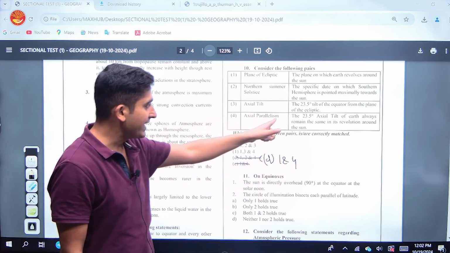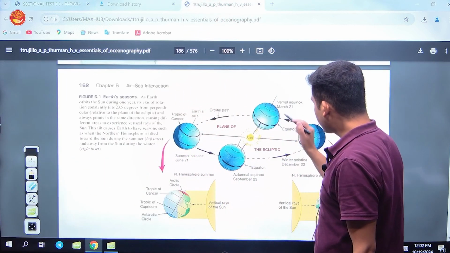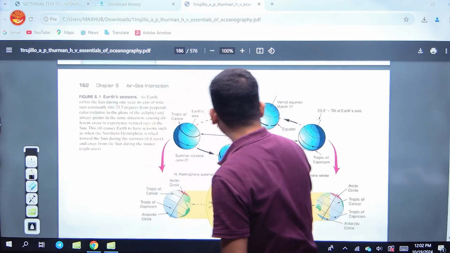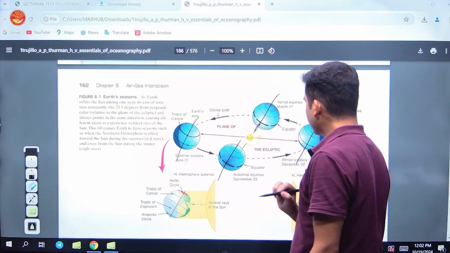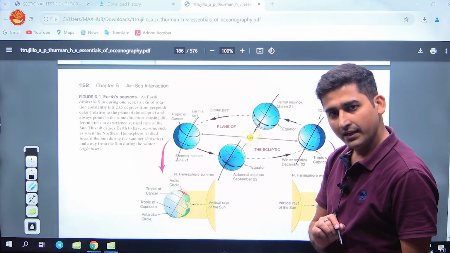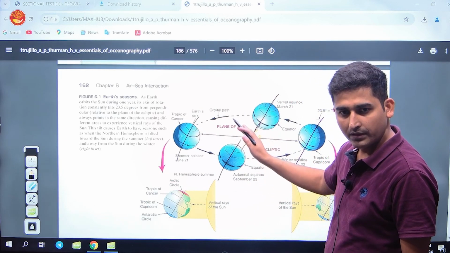So axial tilt, axial parallelism, let me show you here. This thing you see here, it is always pointing towards this direction, it always remains the same. Yes, this always remains the same. And this parallelism, this 23.5 degree, that is always the same, that is always away